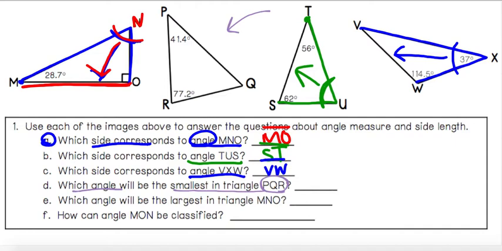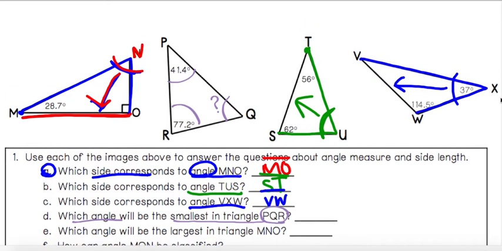The smallest angle needs to be the smallest degree. Well, we know angle P is 41.4, and angle R is 77.2. What we don't know is what angle Q is. It looks like it could be close between angle P and Q with which one is bigger or smaller. So we have to think, how could we possibly find this out? Well, we know that all the angles P plus R plus Q added together equals, we talked about this, 180